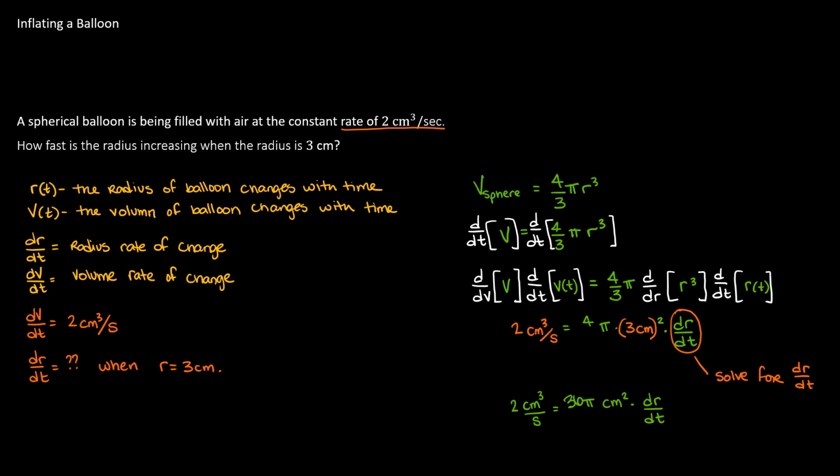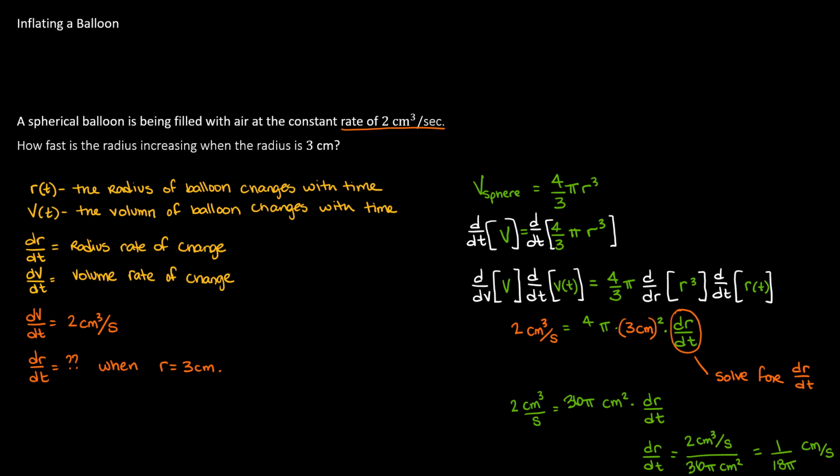So I've plugged everything in. Now we're ready to divide the entire equation by 36 pi centimeters squared. That will give us the value for dr/dt. And notice that we have centimeters cubed per second on top. We have centimeters squared in the denominator. Those centimeter units are going to reduce, leaving centimeter per second. Also, the 2 and the 36 will reduce, leaving us with 1/(18 pi) centimeter per second. That is the rate of change for the radius, specifically at the moment in time when the radius is 3